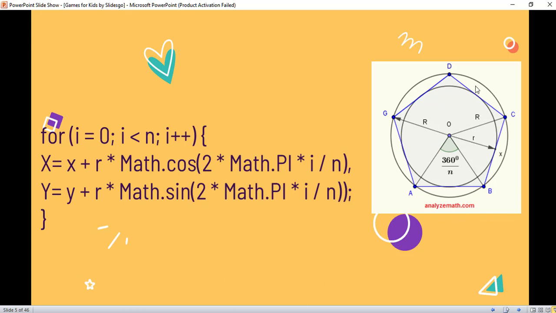Now how do we get the coordinates of these points? Here we have assumed that the center O is the x comma y, the small x comma y. R is the radius of this particular polygon that we are drawing. In that case, my Cartesian points for consecutive x and y locations will be given by x equals x plus r into math dot cos of 2 pi by n into i.